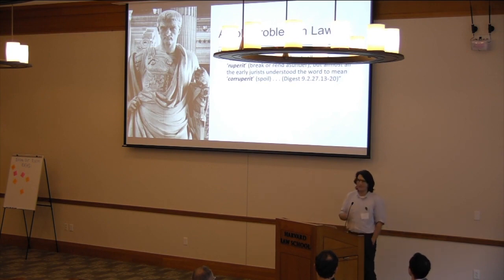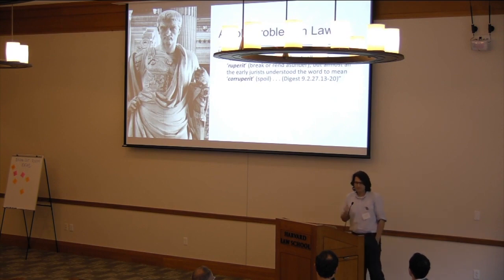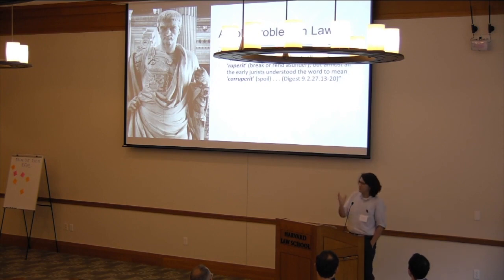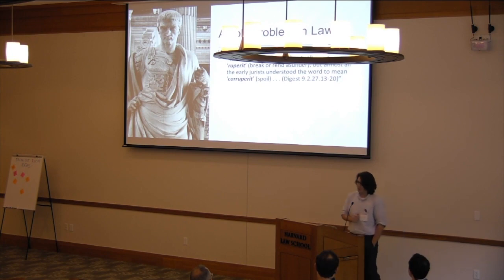And he argued that, well, I did not break the corn asunder, right? I did not rip it apart. I did not do anything that falls under "ruperit". So he says, I'm not liable. Well, the judge says, if we interpret the word "ruperit" as it was meant to be interpreted, as "corruperit", then you're liable. So he finds him liable, right? Very interesting play on words. Well, this is not an ancient problem as well.